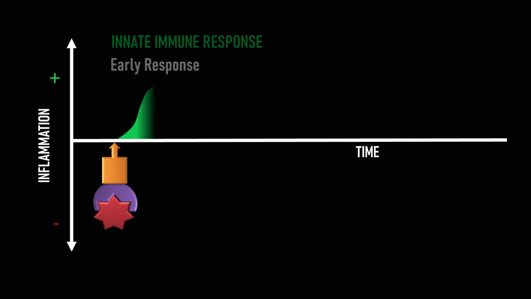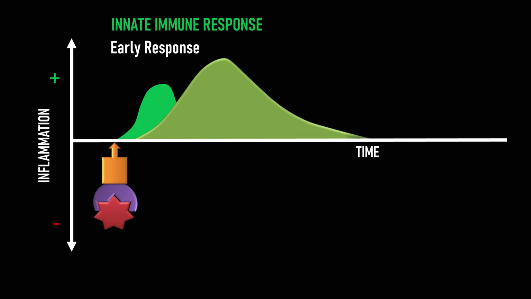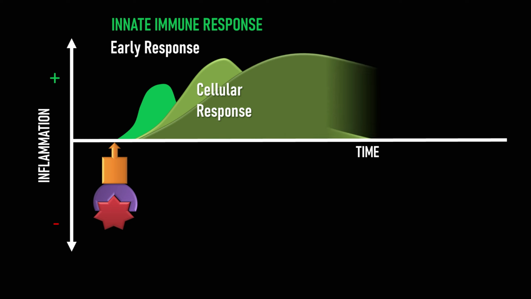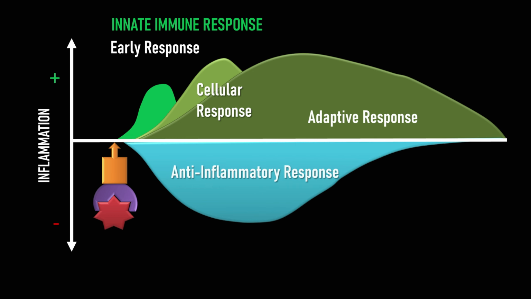How this works over time is as follows. We have our pathogen that binds to the toll-like receptors, and this activates that early innate immune response. Then there is a secondary cellular response, that's the T cells and B cells, and then of course that adaptive response, the antibodies and the immunoglobulins. Simultaneously, there is an anti-inflammatory response that is built to cool down this entire system, and that mirrors the pro-inflammatory